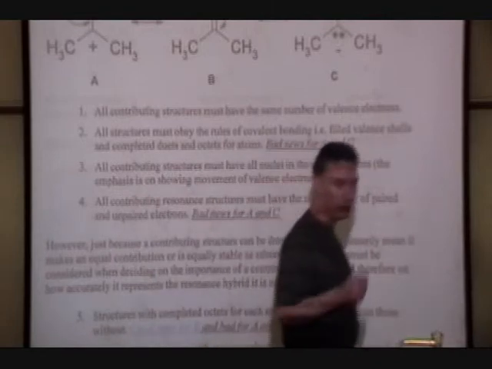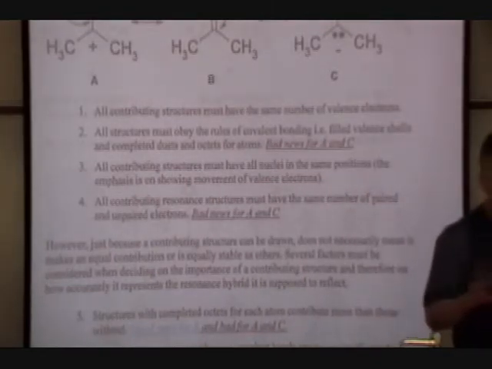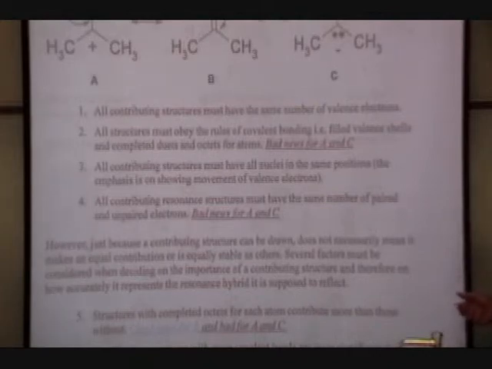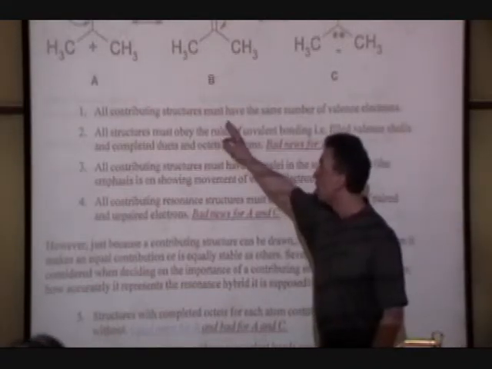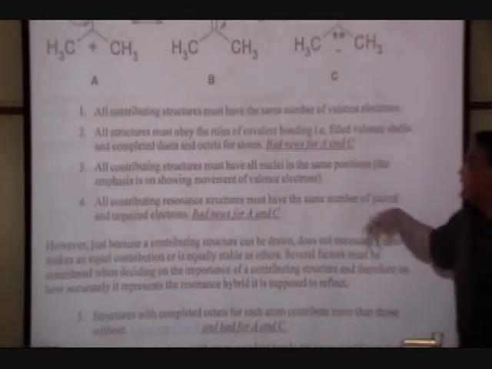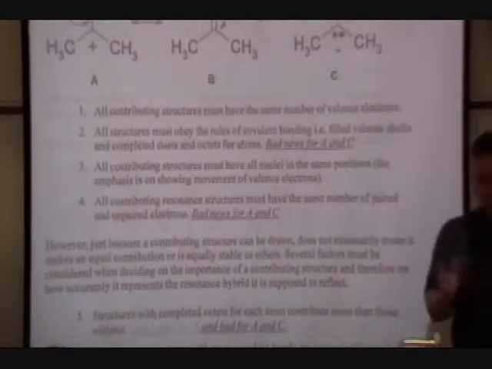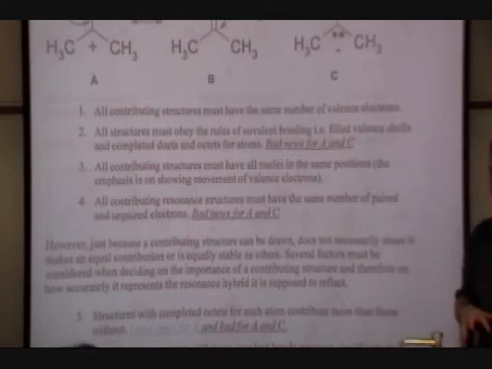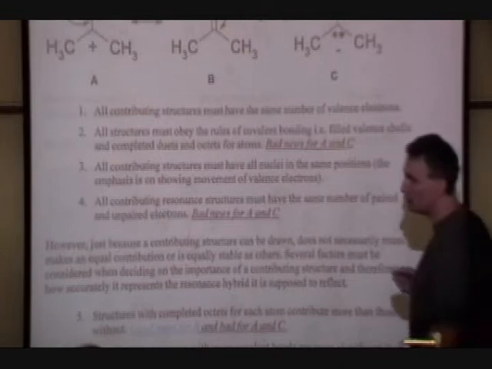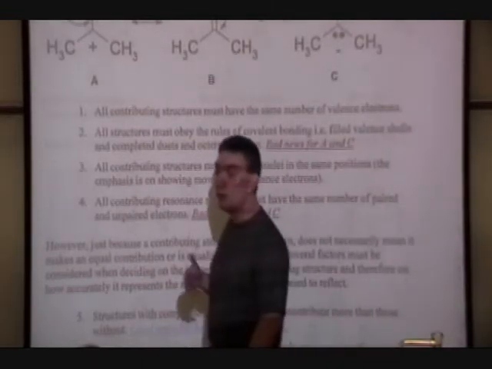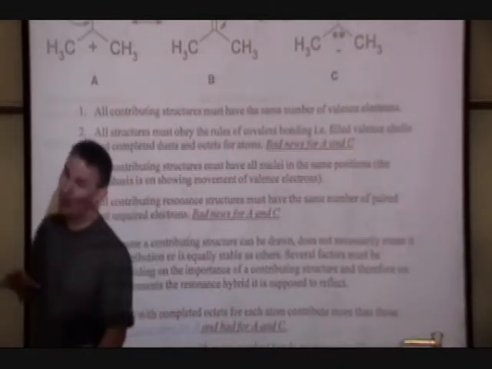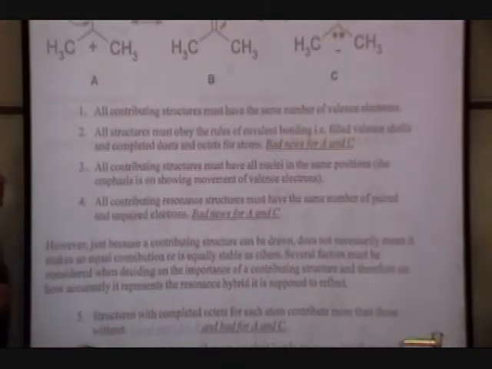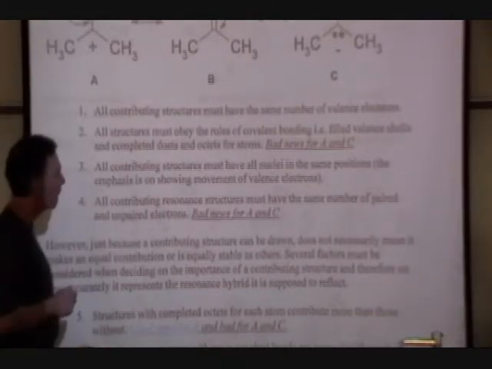So, not all resonance structures are created equal. Some resonance structures are better than others, and we therefore have to think about some rules for this. First thing, most of the time, the contributing structures must have the same number of valence electrons. And they normally have, therefore, the same number of lone pairs and pi bonds. Occasionally we do break this rule. This usually ends up with a less favorable or poorer resonance structure, or one that's only a minor contributor.